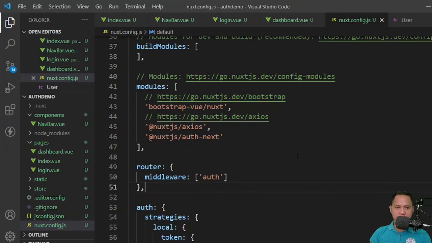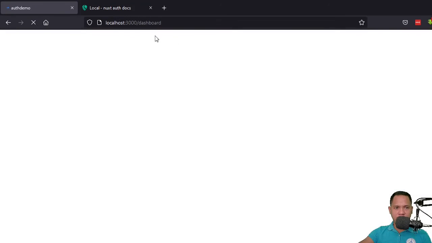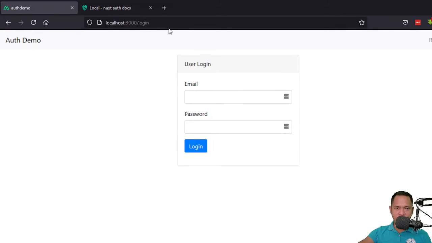And what it does, it's going to protect all the pages now. So all the pages are now protected. And if we are going to refresh this, we are in the dashboard, the dashboard is protected. And so that is why we are redirected immediately to the login page. If we go to the register,